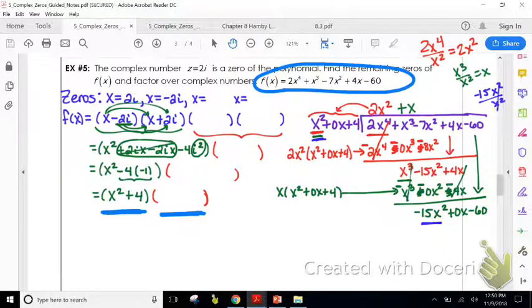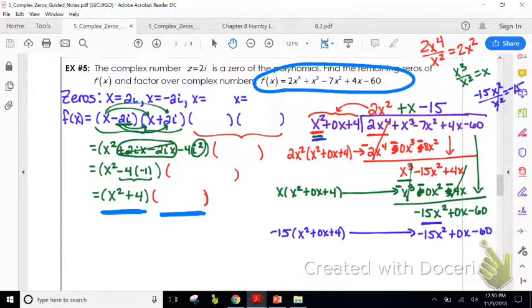What is that? The negative 15, so put minus 15. You're going to multiply that times everything on the outside. And we're going to put that answer over here. So negative 15x squared, 0x, negative 60. We're going to subtract, so change all the signs. And it's all going to cancel. Now, we knew our remainder was going to be 0 because we said that it was a factor of it,